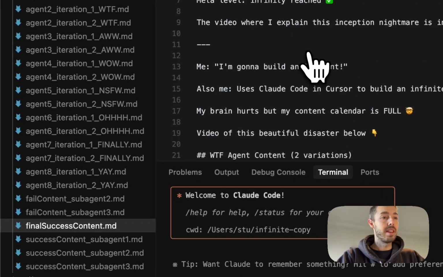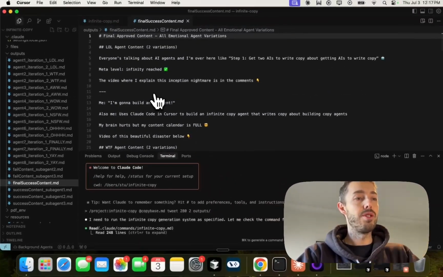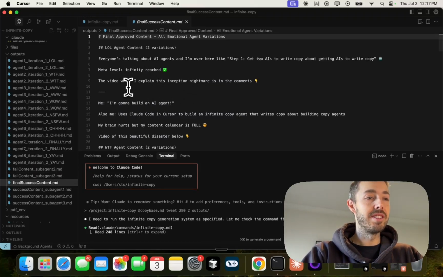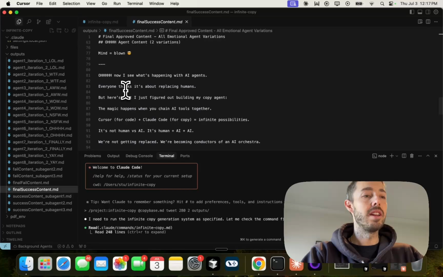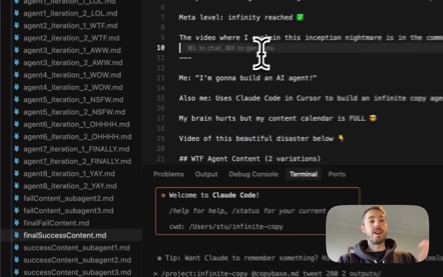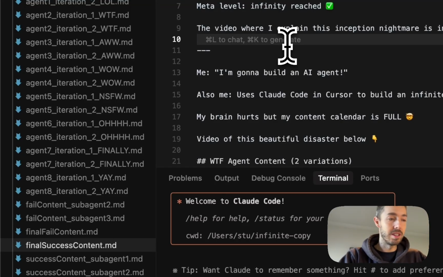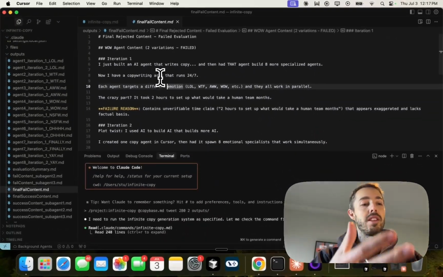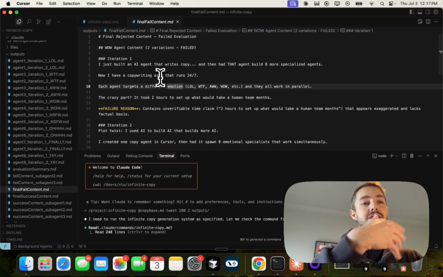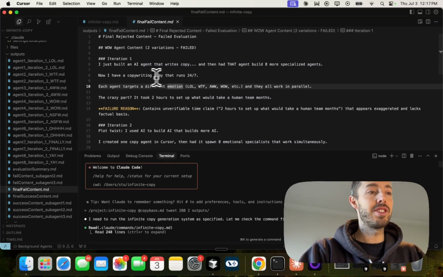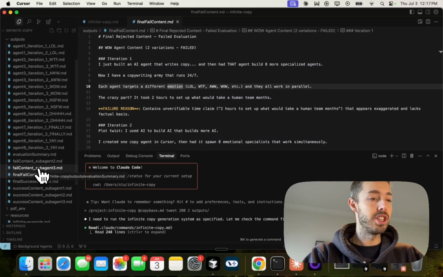From there, the agent is going to break down the content into a final success file. So now I can see all of the content which passed my criteria, and I can essentially start posting this to social media. Equally, I can see the rejected reasons. So this is an example of something that you could pass back into the agent as an example to help it write better content on the first go next time, which again is going to be difficult in ChatGPT.